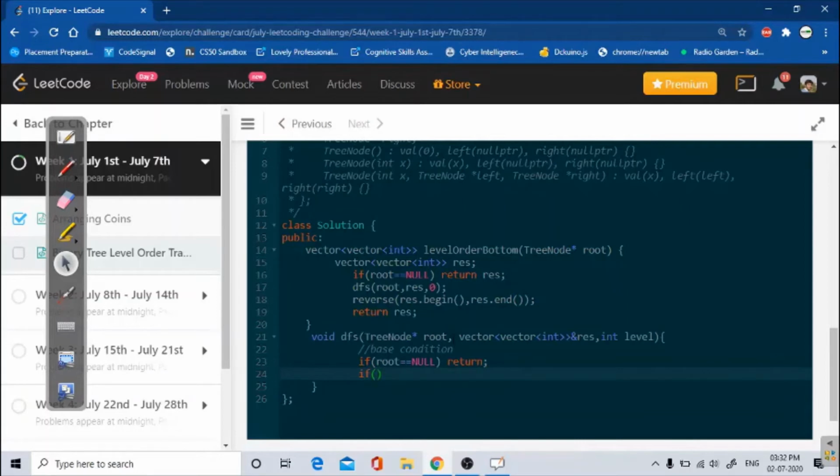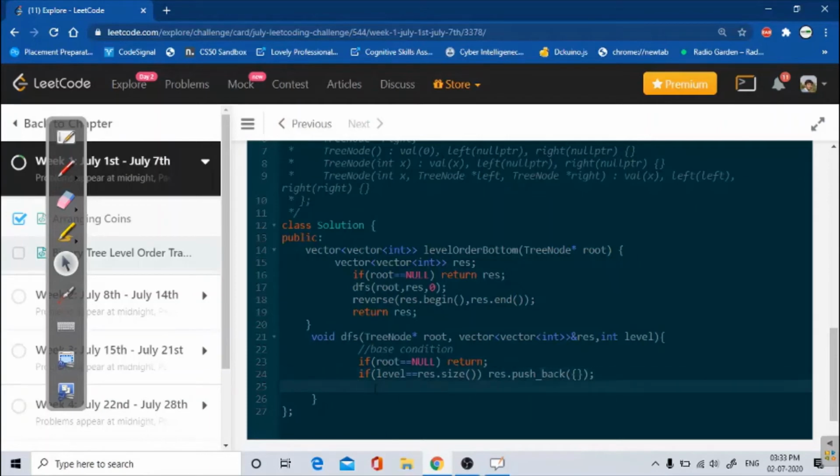One more condition: let me first write it and after that I will explain this thing. Whenever my level is equal to the result's 2D size, I'll create one vector of null size, that is result.push_back of one empty vector, and after that I'll explain why I did this.